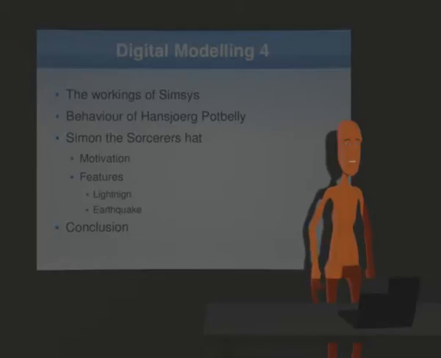First I will explain how the SimSys world is structured in an object-oriented manner. Then I'll use Hans Jauer and Potbelly as an example to clarify how the agents in SimSys work. The main part of the presentation will be the behavior of Simon the Sorcerer's Hat. I will try to explain his features in depth, which is casting magic on his environment. As a conclusion, I would like to explain the advantages and disadvantages of the way Simon the Sorcerer's Hat creates